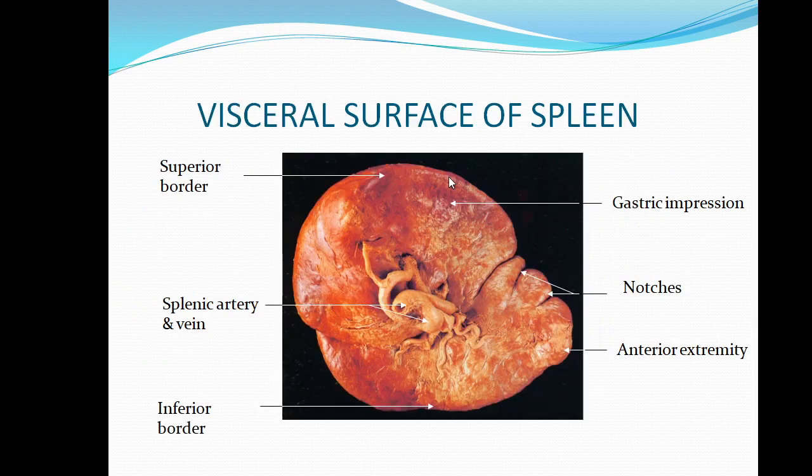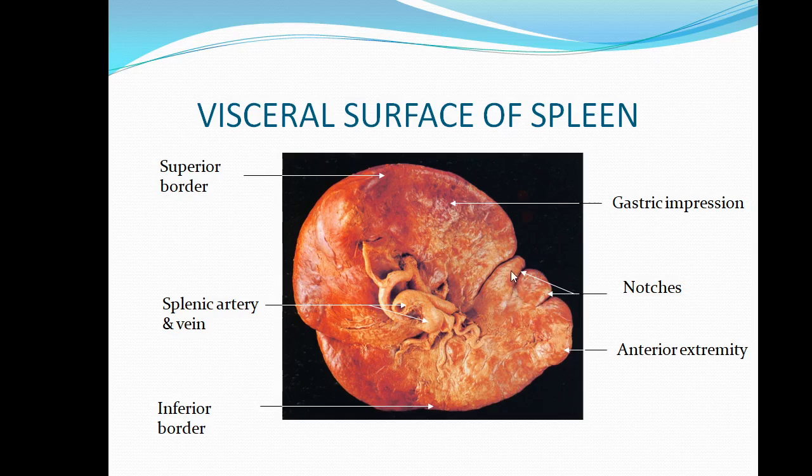Now, here you can see the spleen has been taken out. This is the diaphragmatic surface of the spleen. You can see here the anterior border, which is broader. The anterior pole, which is broader, and some people also call it anterior border. This is the posterior pole here. This is the superior border, and the superior border shows multiple notches,